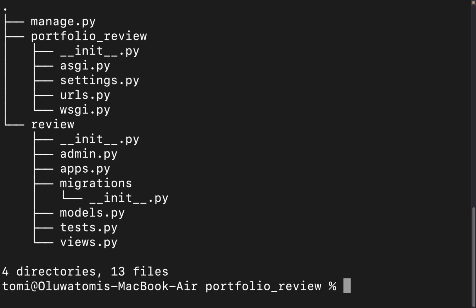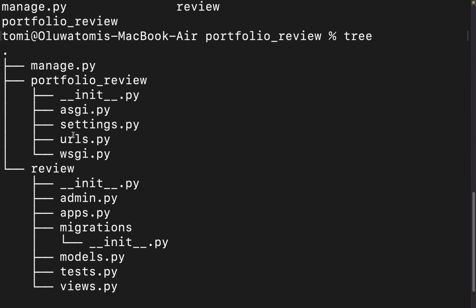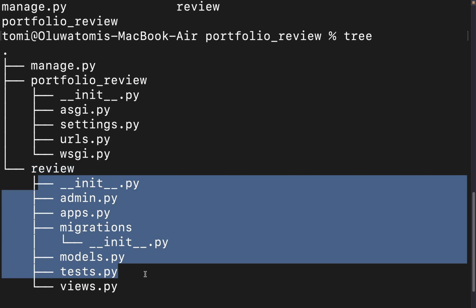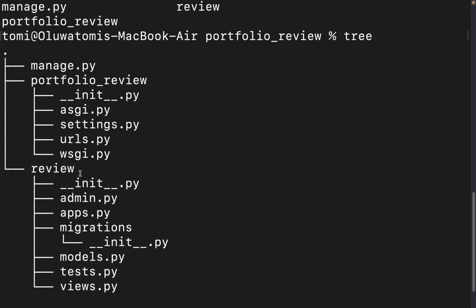If I press 3, this is just going to show me every single file and folder in this particular folder. So we have a file called manage.py. We have another folder called portfolio review, which is the folder where all the settings or all the configuration related to the whole project is done. And now we have a new folder called review. Now all the files here are related to this review app that we created,